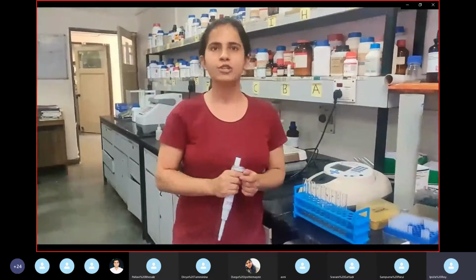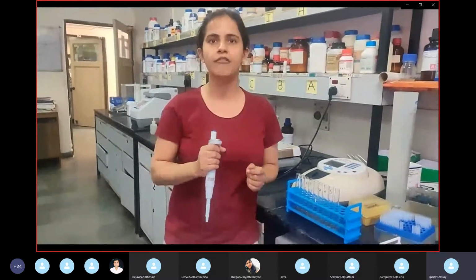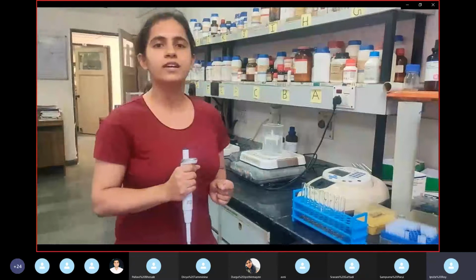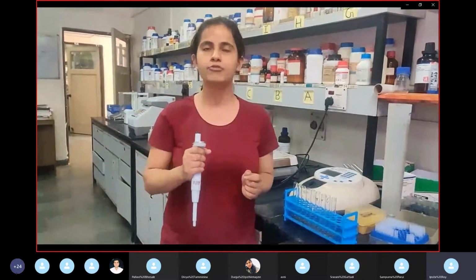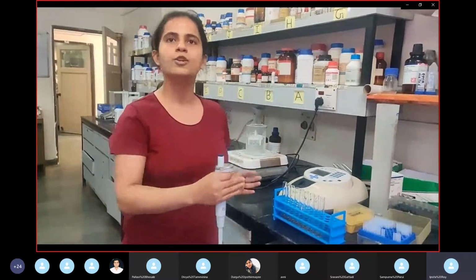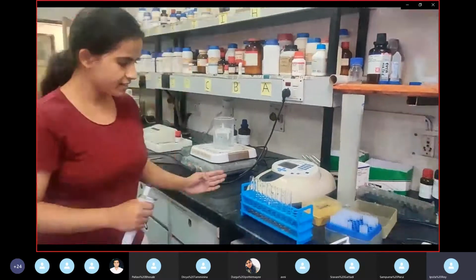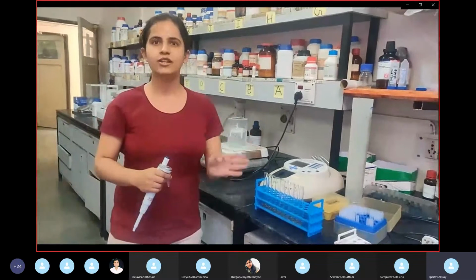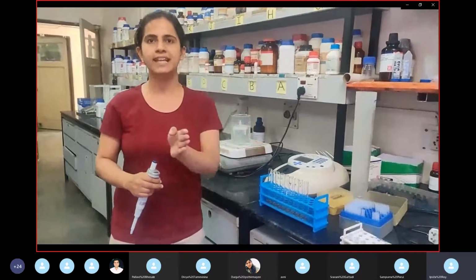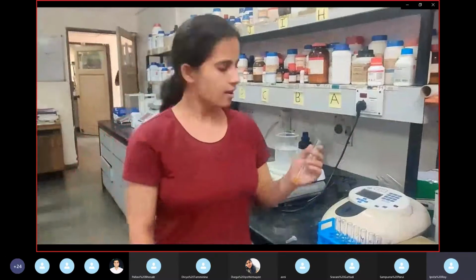So to determine the concentration of any reducing sugar in an unknown sample, we need to prepare the standard curve of maltose. For the preparation of the standard curve of maltose, we have prepared a 5 mg per ml stock concentration of maltose, and from there we have taken different concentrations of maltose ranging from 50 microgram to 2500 microgram. And so we have taken DNSA. DNSA is a reagent for maltose. Maltose converts the DNSA into 3-amino 5-nitrosalicylic acid.